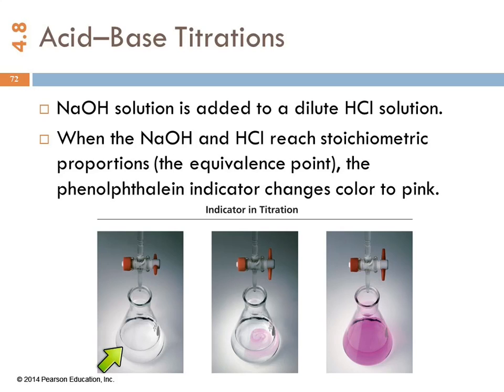Here's pictures of what that might look like. As this sodium hydroxide now is added, we see a little bit of pink forming here. Because right here, before it gets mixed, there's some extra hydroxide ion in the solution. But as soon as we swirl it, it reacts with the hydrogen ions and the pink goes away. We keep going until one drop more turns the whole thing pink and it stays pink. Phenolphthalein is the common indicator. It's got lots of pH